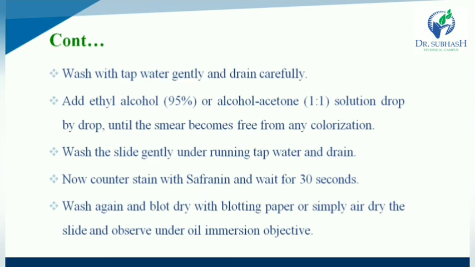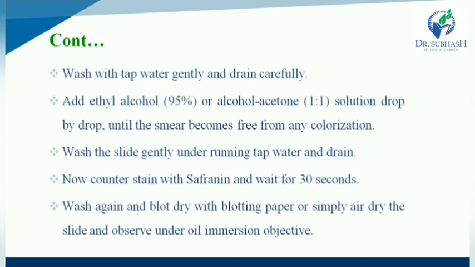Now counter stain with safranin and wait for 30 seconds. So the next step is the glass slide is stained with the counter stain safranin and wait for 30 seconds. After that, wash again and blot dry with blotting paper or simply air dry the slide and observe under oil immersion objective.